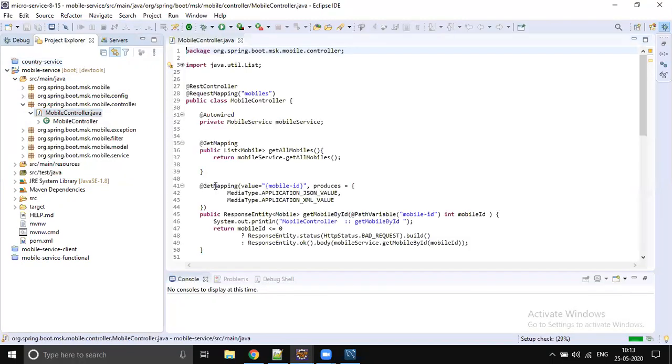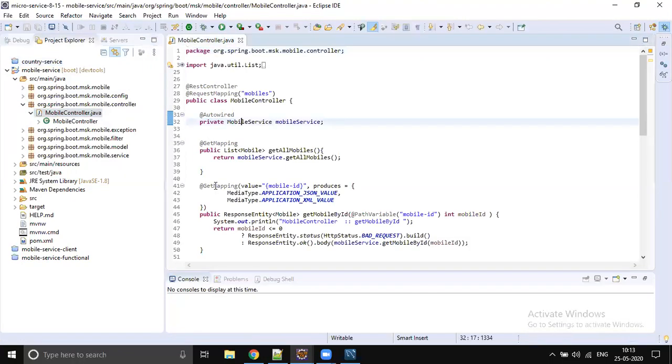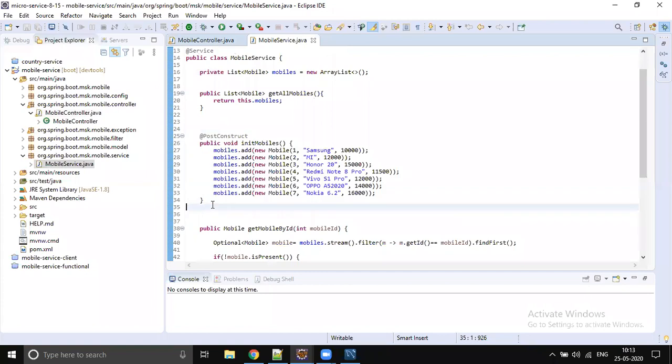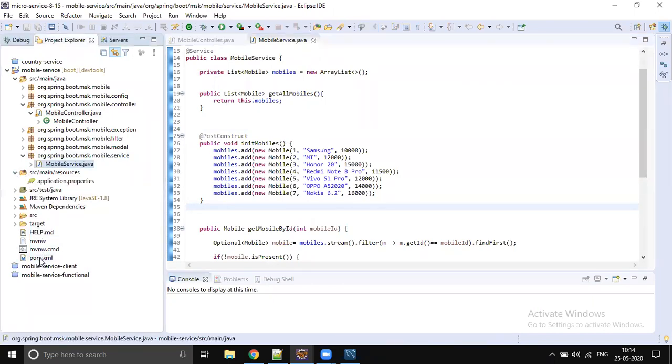Okay. So this is our service. In service, what did we do? We are getting the data, right? Hard-coded data. In real time, this is nowhere you can find. There should be no hard-coded data; it's supposed to be real time, with data coming from the database. So first we will integrate the database. It is just a matter of providing a few parameters in the resources and adding the data JPA and MySQL jar in the pom.xml file. That's it. Integration is done.